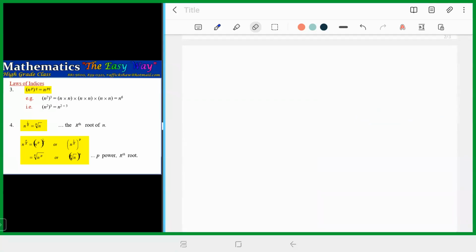So if you have a number raised to a power and a root, the numerator is the power to which you raise the number, and the denominator is the root that you take of the number. So then this expression really becomes equal to